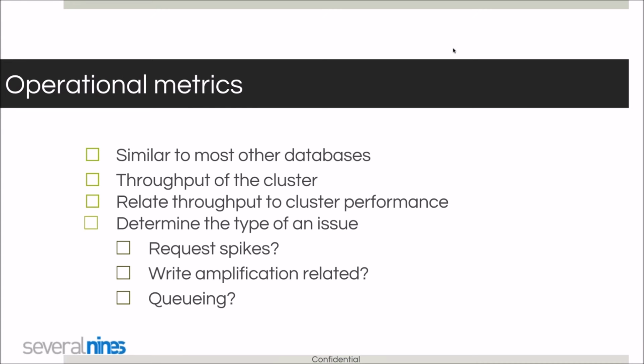Operational metrics. Operational metrics is basically whatever the database is doing itself. So it's also similar to other databases. MySQL has a lot of operational metrics, like the number of connections, the number of selects, the number of inserts, updates, deletes. And that's similar in MongoDB. You still have to perform inserts, updates, deletes. And you can then relate